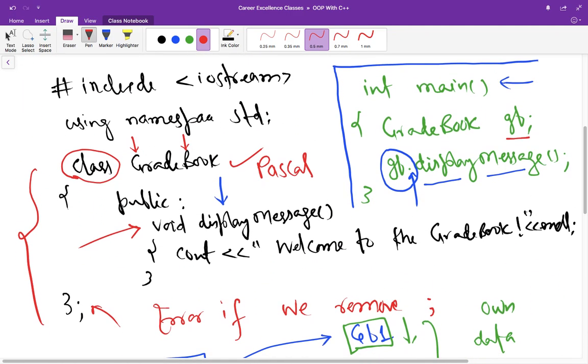So I think it is clear to you. Whenever we are calling this function or any other function inside a class, we need to call it explicitly using the object of the class, right? And then we tell it to perform its own task. So I think this is enough for this lecture. We will be discussing this program in more detail in the next lecture.